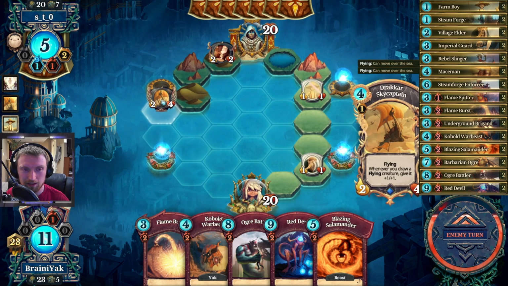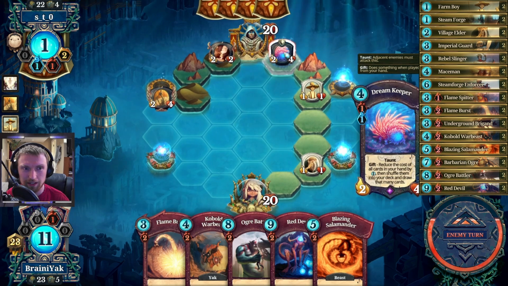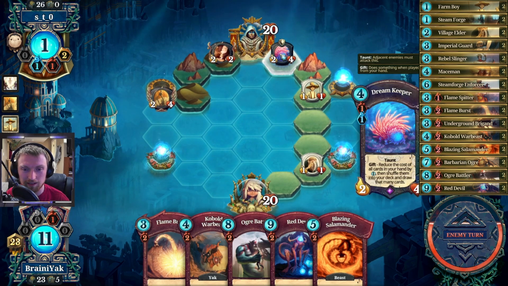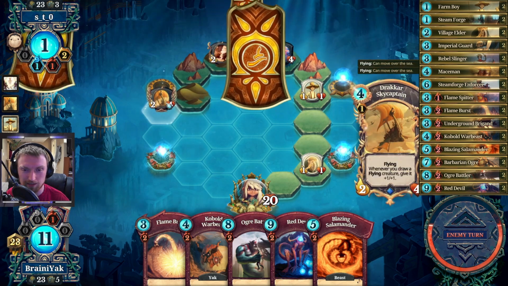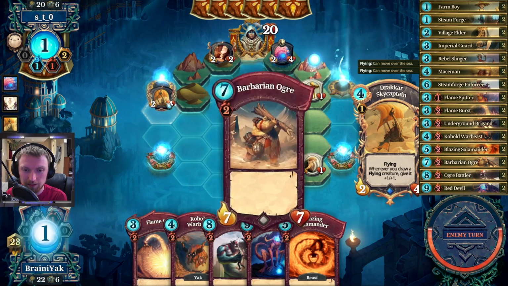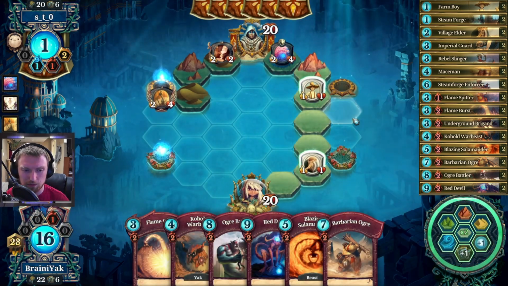It does look like a kind of combo list where he's going to be playing cards like this Dreamkeeper here to cycle his hand and just keep reshuffling, and then this is going to combo with the Sky Captain here. So anytime he draws a flyer, they gain +1/+1. So we may or may not have quite the challenge actually with this type of list. We'll see how it goes, but